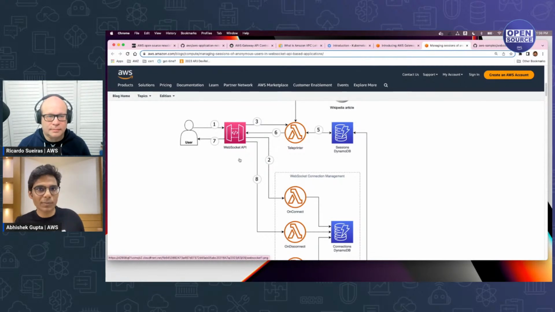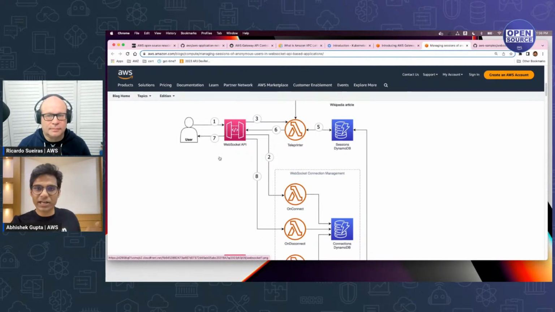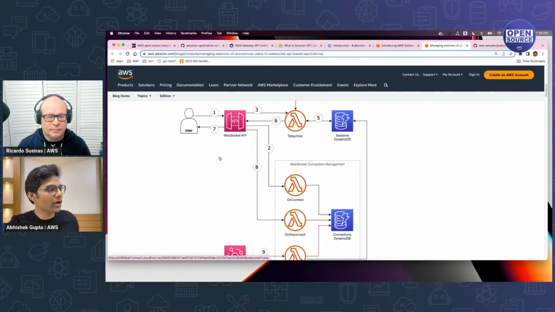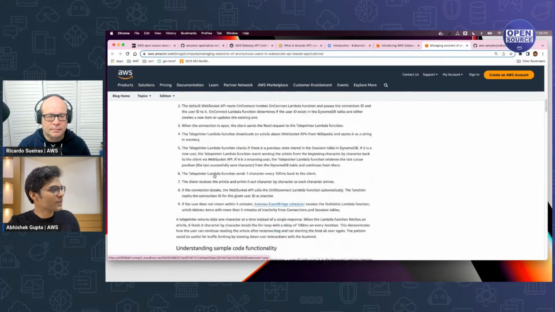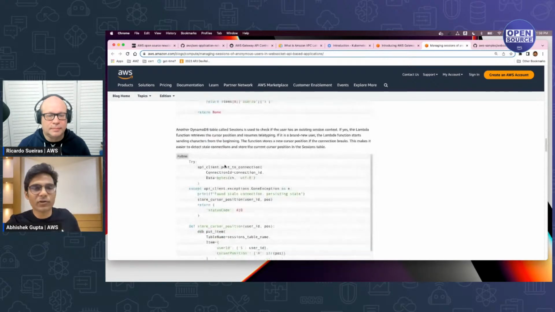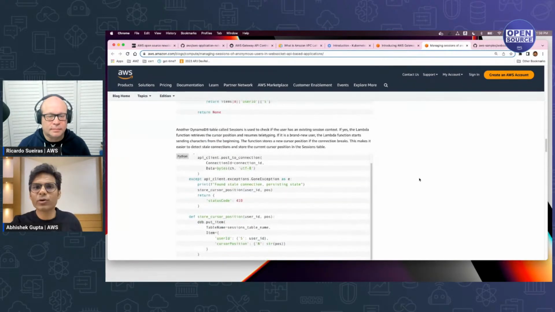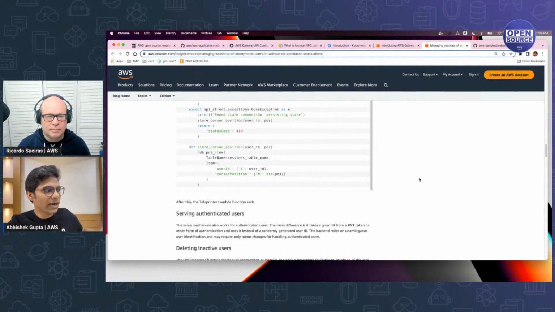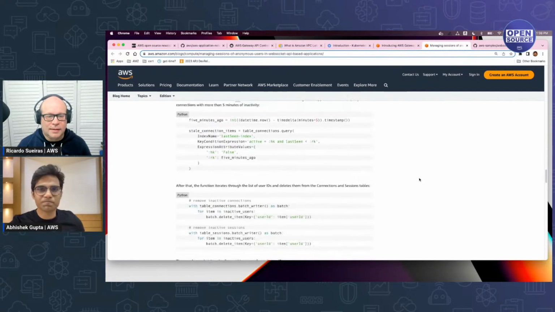And if you have problems around managing these sort of disconnections and so on and so forth, this is definitely one blog post to look out for. And it gives a very good getting started guide as well. So it goes through the code. It gives you a SAM template as well. So it should be pretty easy to get started and have this up and running on your AWS account. So yeah, pretty cool.